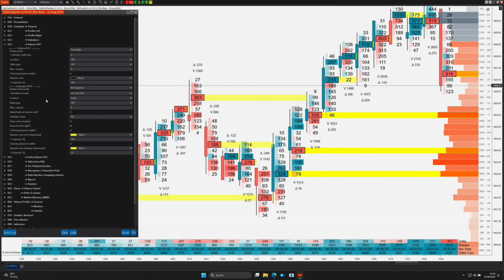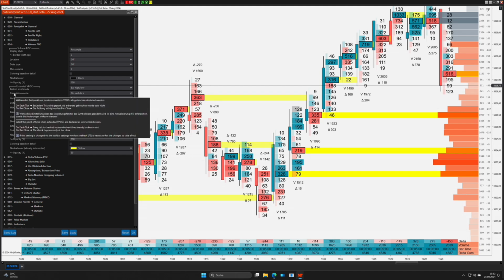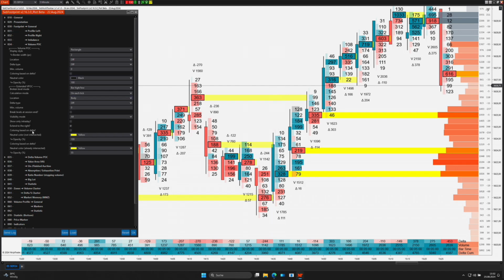Important. There are some functions here again. For calculation mode, for example, we can always see this in the tooltip. This applies when this setting is changed via the settings window of the toolbar, i.e. the one we are currently in. If the levels are not broken, then an update F is required for the changes to take effect. This simply means that if I change some functions here, I have to press F so that a recalculation is performed in the background, and these levels can be displayed here again.